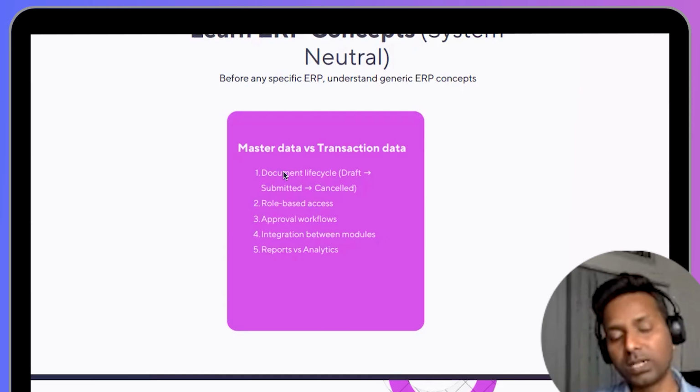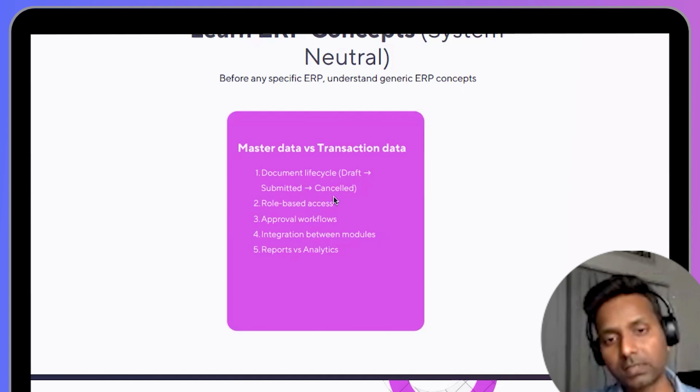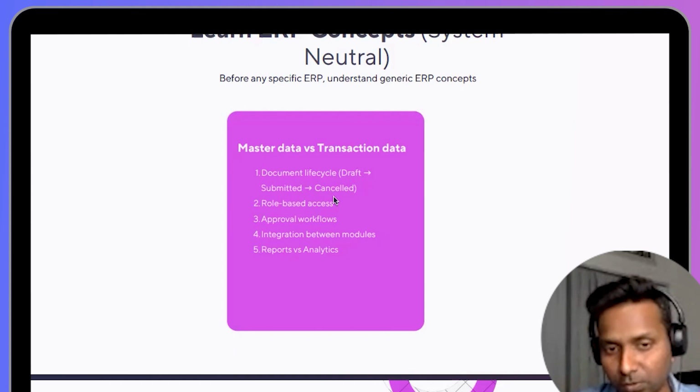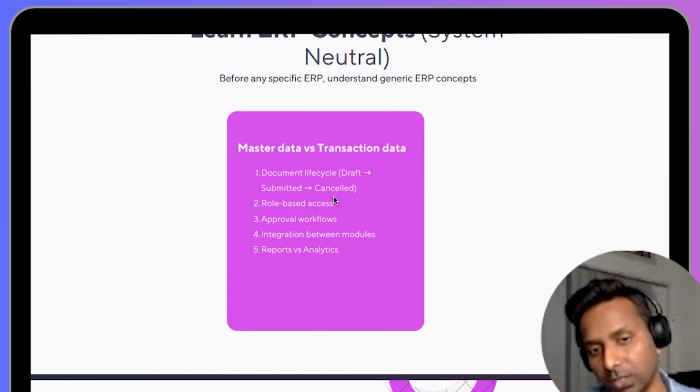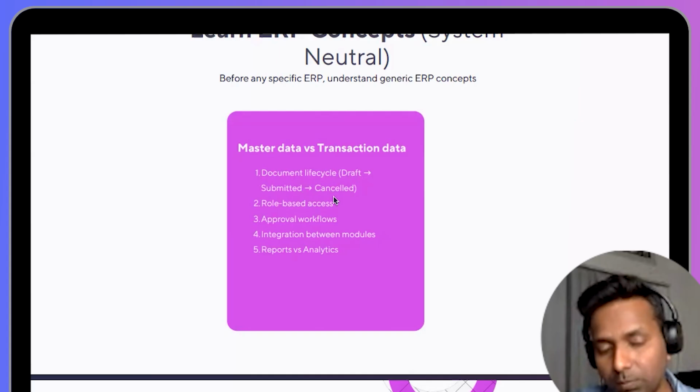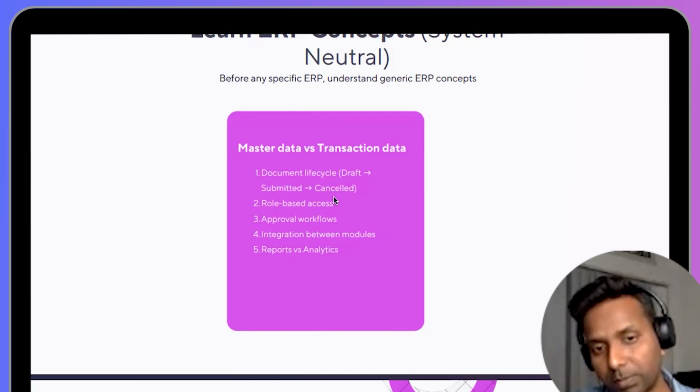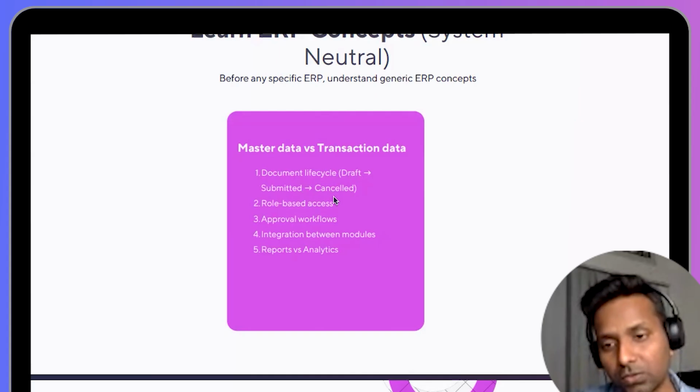So here you can see document lifecycles are a very simple concept: draft, submit and cancel. Suppose first you have created the invoice, then it will go to draft mode. In draft mode, the transaction is not yet passed but the data is recorded. Once you submit, it will also pass the transactions, it will post to the ledger and all these things, so it will affect your balance sheet immediately. And once you cancel, it will erase all the effects.